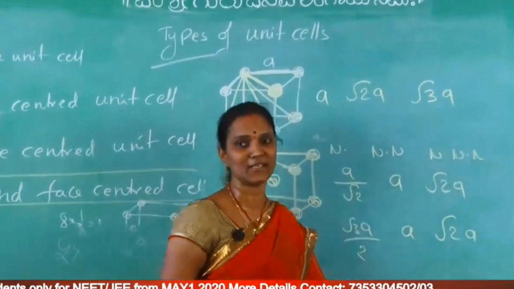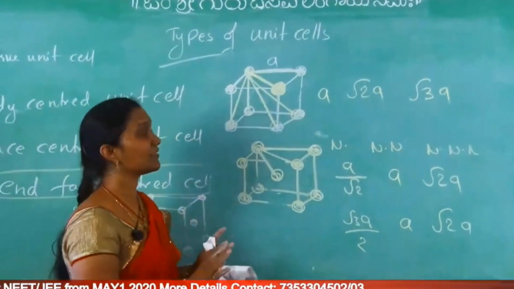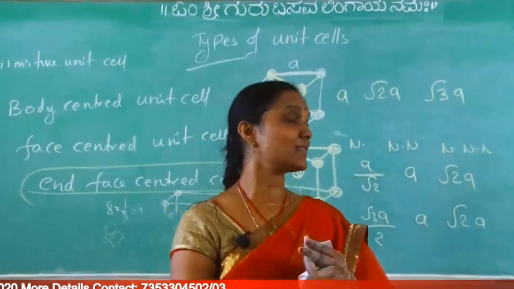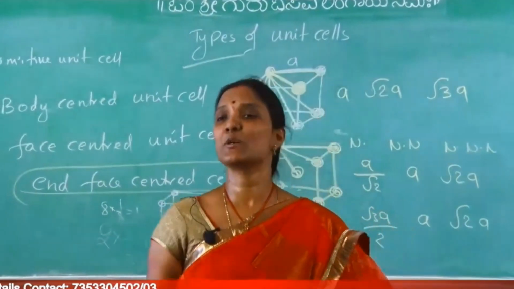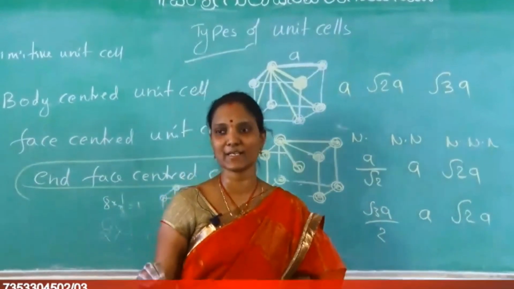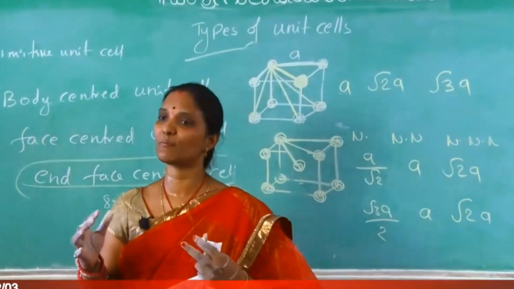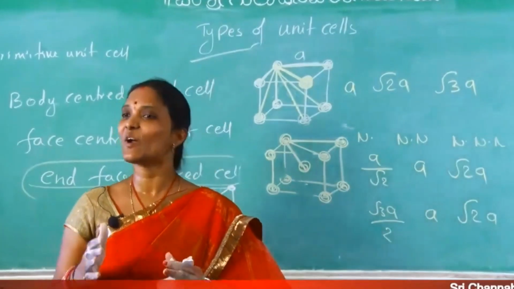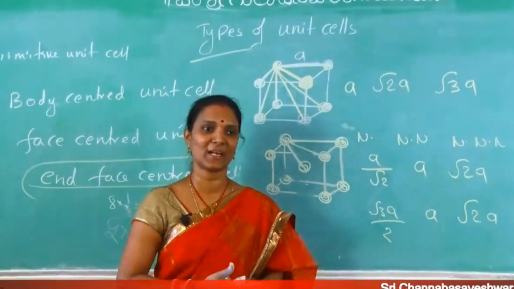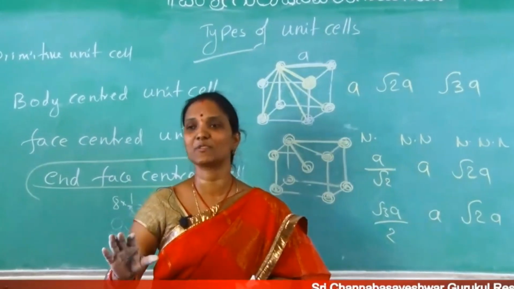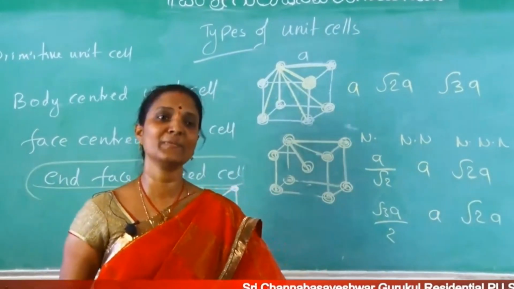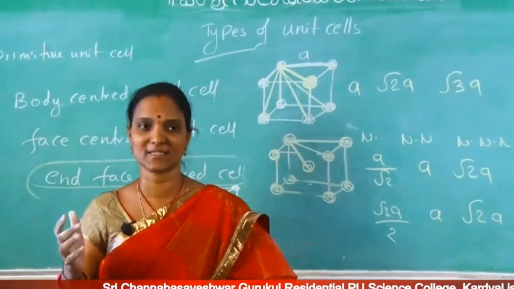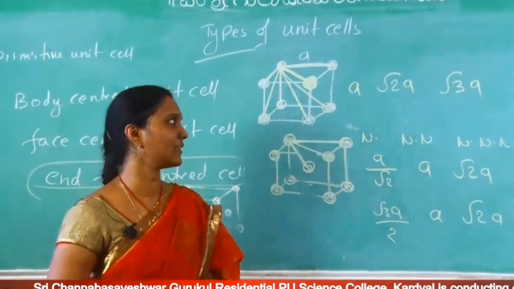How to find the distance? Okay, these are different types of unit cells. So today what we learned is what the different types of unit cells are, how to find the number of lattice points, how to find the number of particles, how to find the distance between the particles, how to find the radius of the particles, and, especially for advanced students, how to find the next neighbor distance in different types of unit cells.